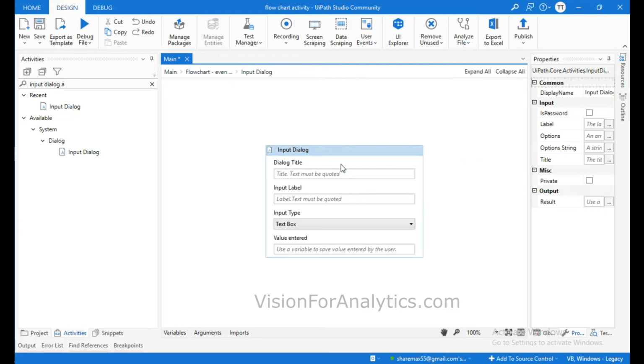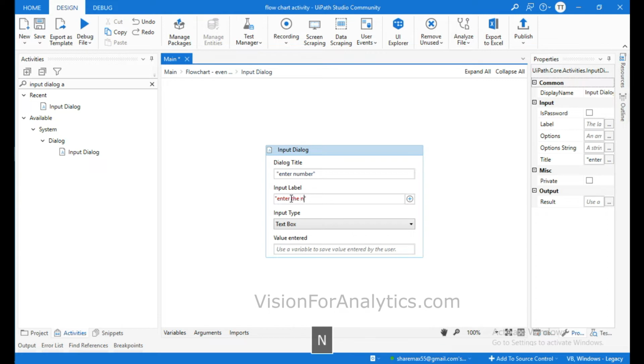Double click on it. Under this dialog title field, I am going to enter number. This input dialog activity is going to ask the user to enter the number to find even or odd number. So in this input label field,